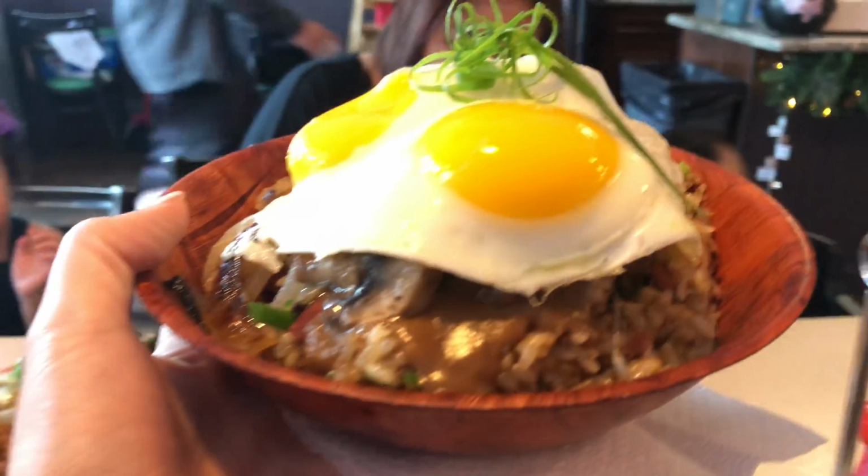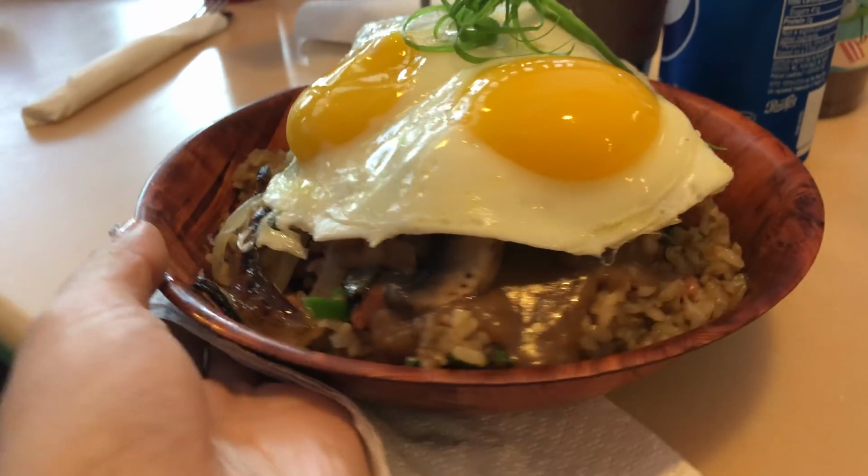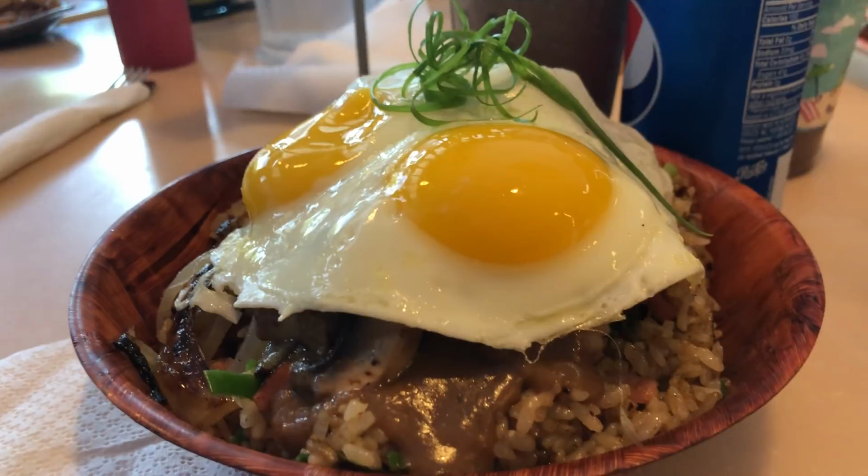The fried rice that they put the Loco Moco on top of, or made the Loco Moco with, was so buttery and flavorful, and it had all this meat. It had mushrooms in it, and I don't like mushrooms, so I just avoided it, but oh my god, that fried rice was so good. Anyways,